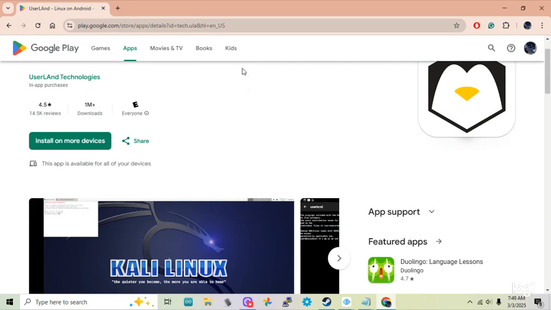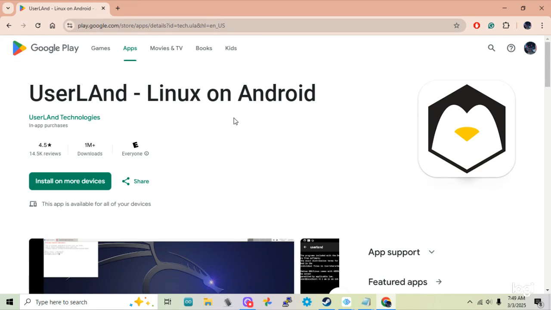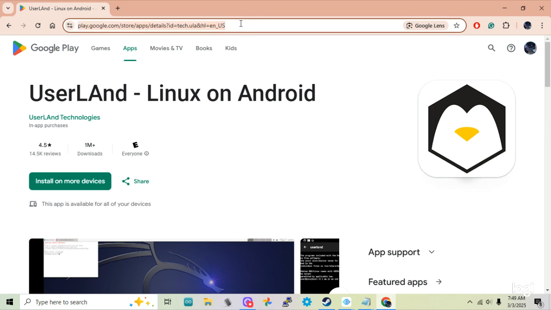And let's go to the Google Play Store. This is what you want to get: UserLAnd, Linux for Android. Okay, that is what you want. That's what I'm using right now. So anyways, let's go to